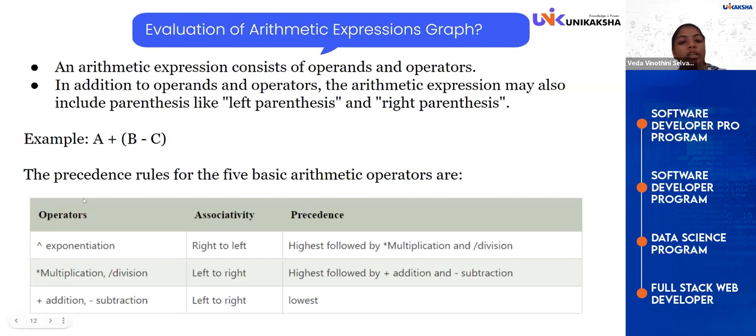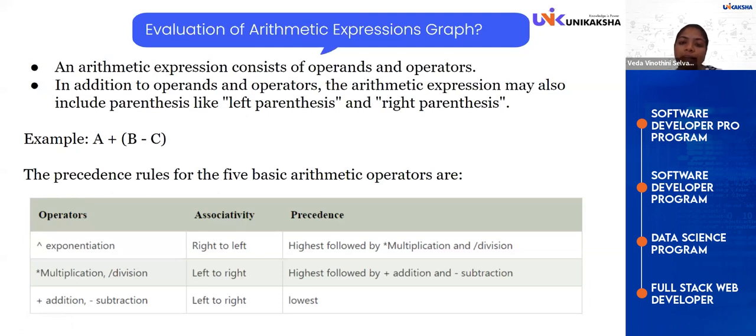There is one more thing you need to understand: the precedence of arithmetic operations. There is always a concept called priority or precedence, you can call it either way. Priority or precedence means you give some importance to some operators, deciding which comes first or last.